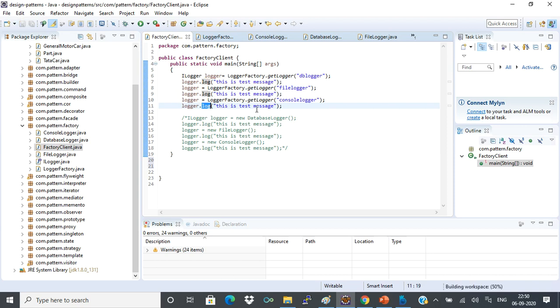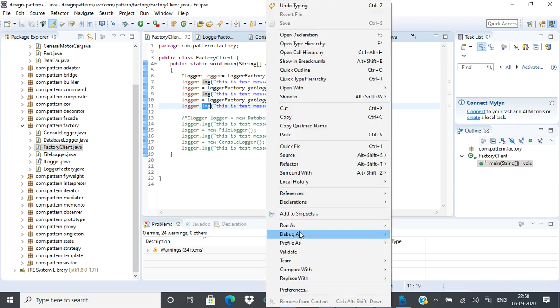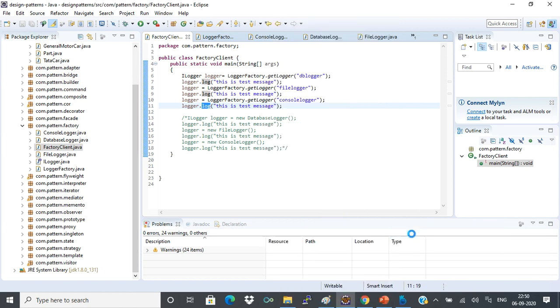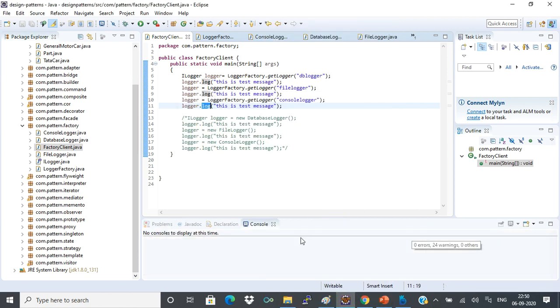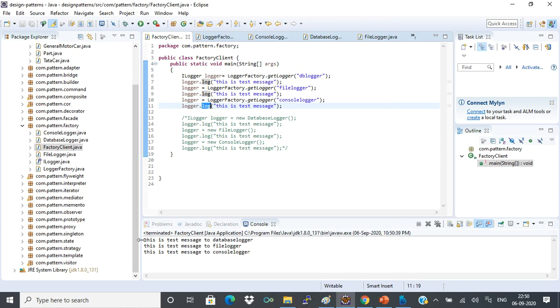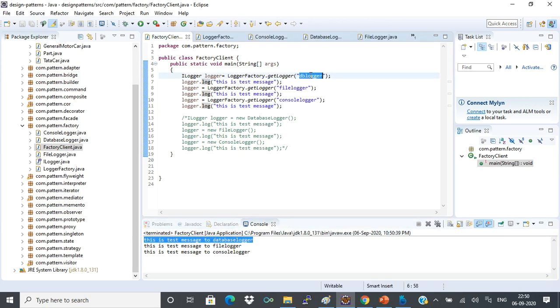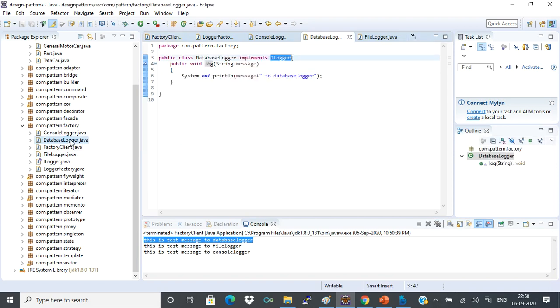Now we'll see. I'll run the application. Now you see here, this is a test message to database logger, the first one. Because I'm passing db logger, I'm getting a db logger object, and when I call log on it, it prints the message. In addition, it is printing database logger, just to indicate that this message has come from this class.